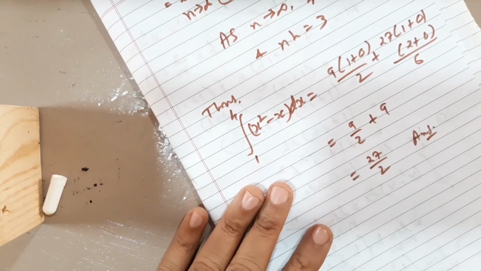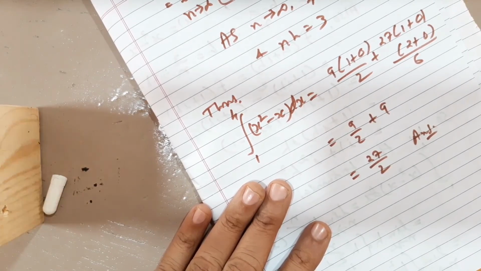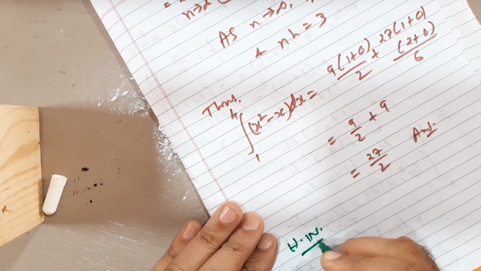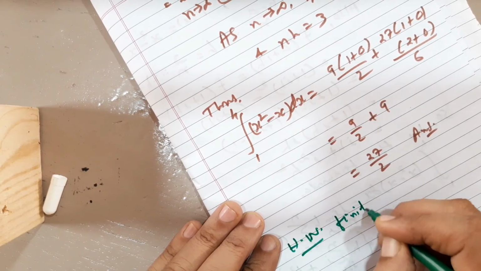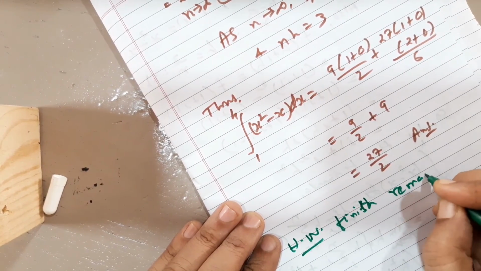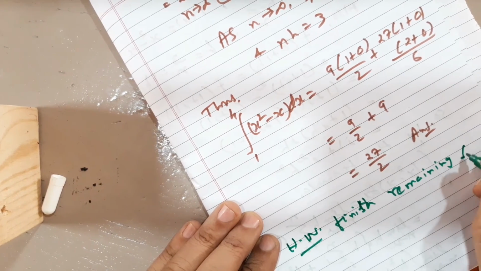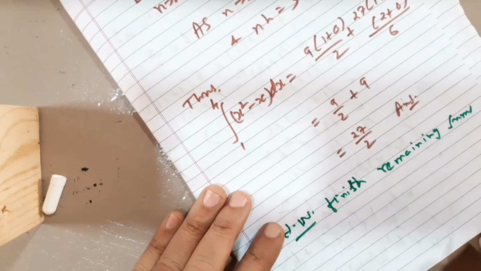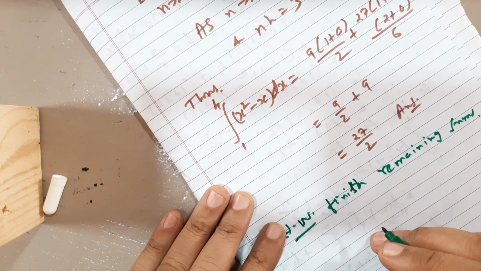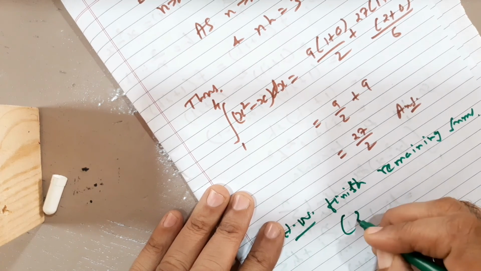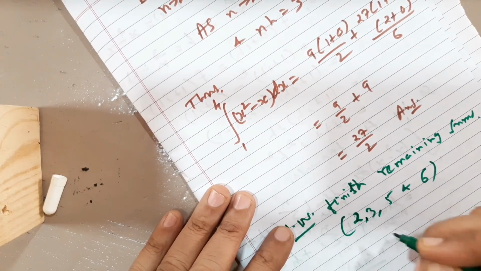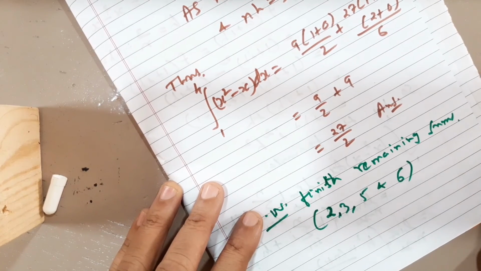Okay, right friends? So in the whole exercise, there are total 6 sums. You can finish the remaining sums in your homework. Which sums are remaining, from whatever sums are there? We have done 1 and 4. So you can take sum numbers 2, 3, 5 and 6, and you can ask me the doubt if you are interested to do this, and just tell me whether it's okay or not.